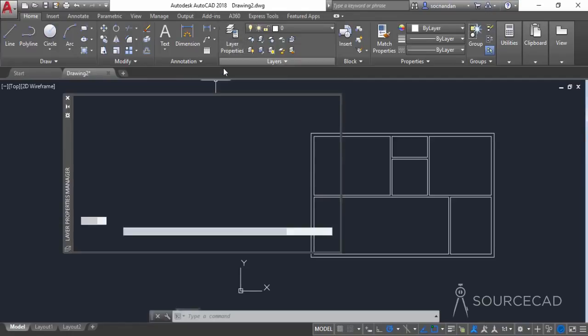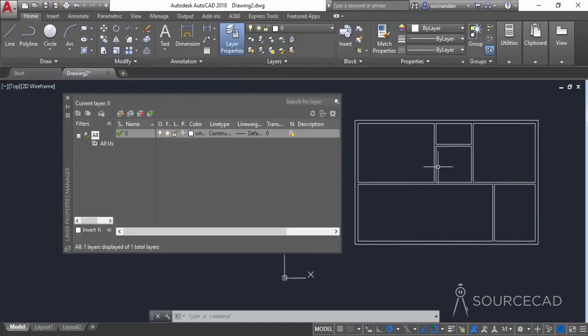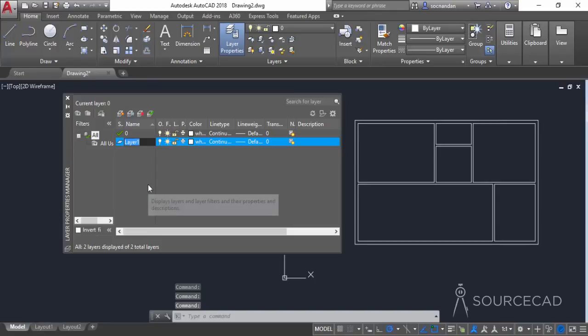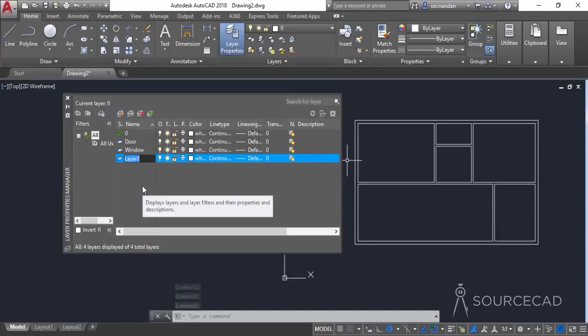Now click on this layer properties and add some layers to the drawing. We need to add these layers because we will place different objects on different layers for easy classification, and that's the general way of making these drawings. You should also try to put different kinds of objects on different layers. So I'll click on this new layer option and add a new layer, door. Click on this again and type window, the same icon, and type blocks,